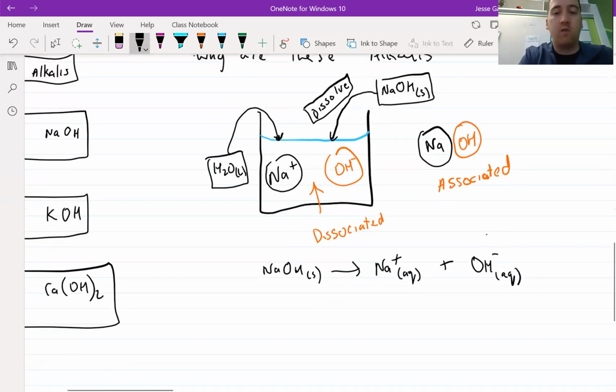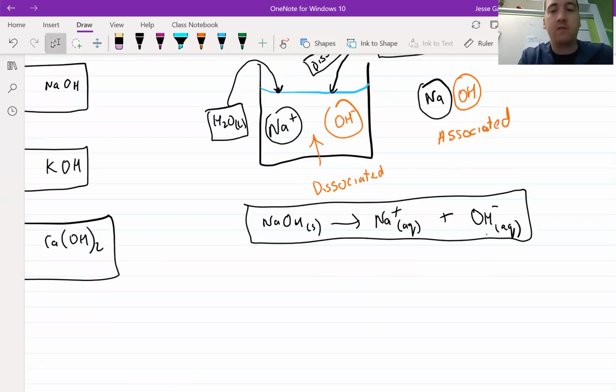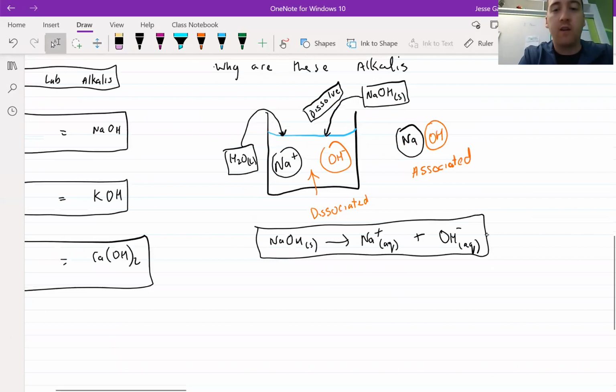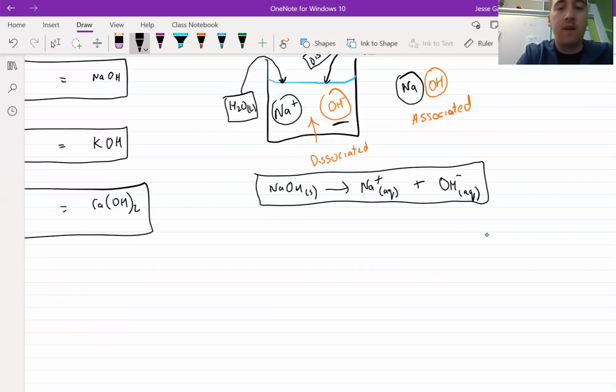Okay, so that's what's going on when we mix the sodium hydroxide with water and they dissociate. So what is it that's making it alkaline? Well, it's these guys, the OH- ions. So for something to be an alkali, it has to produce OH- ions. So it's these excess OH- ions dissolved in the water,